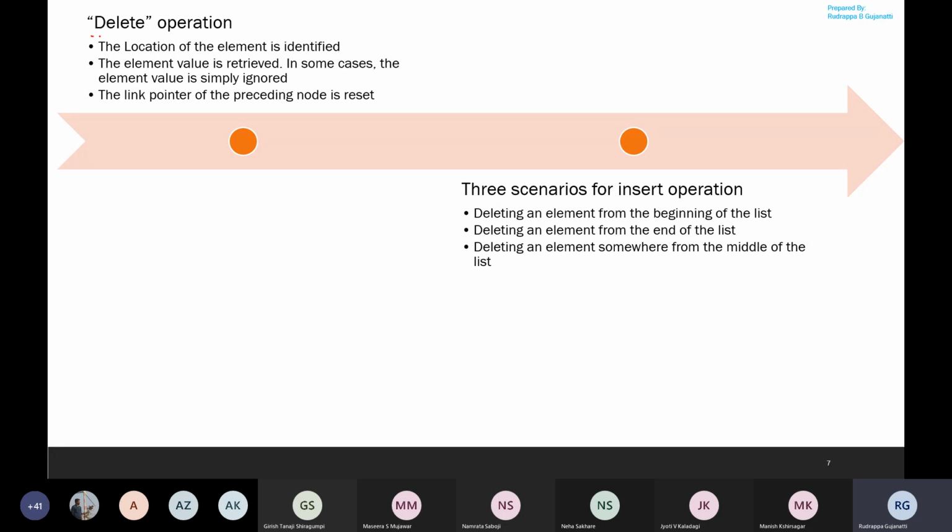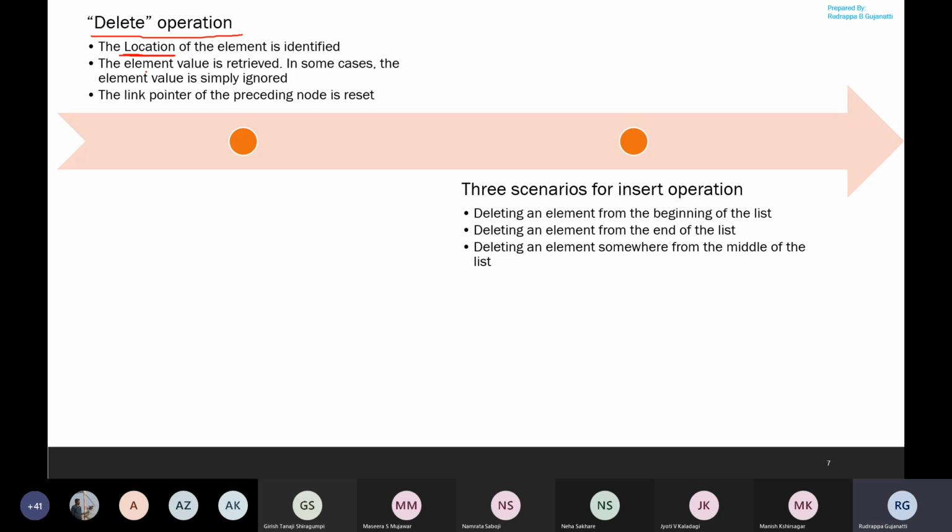So when we are deleting an element from the linked list, first thing we have to identify the location of the element that you want to delete. So you have to identify where the element is located. That is, you need to get access to the address of that node. So once you get access to the element which has to be deleted, we either free that memory location.